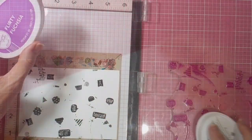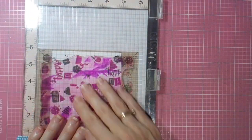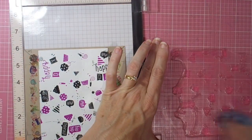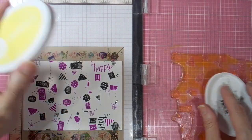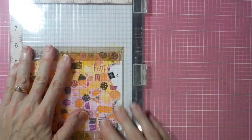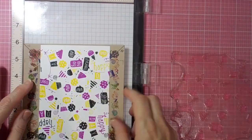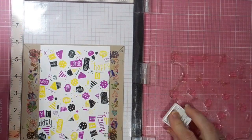Glitter Noir embossing powder first of all. Melted that. That was stamping number 1. Now stamping with Flirty Fuchsia for turnabout number 2. Wiping off with my chamois, turning my jig, on with the Limoncello for layer number 3. So 1 and 3 line up there, and wiping off before onto number 4, which of course is the Grout